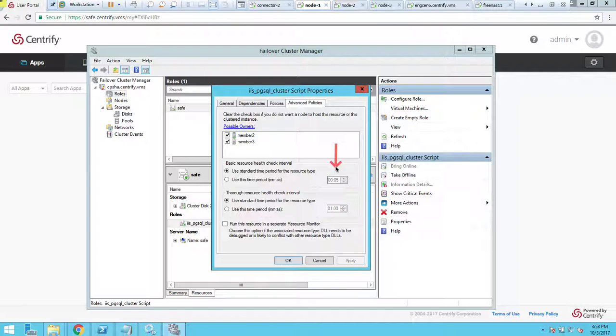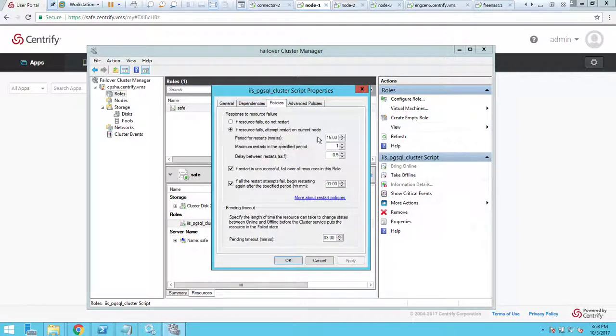When you look also at the IIS and Postgres script here, notice that these are important parameters here. It's going to poll every 5 seconds, right? And the policy says that only 1 failure within a 15-minute interval. So you may want to bring this up. If you have more clusters, say you have a 5-node cluster, this is going to be 4 right there. So you want to make sure that you tweak those, especially if you're doing testing, because when you're doing testing for high availability, it's about understanding what is